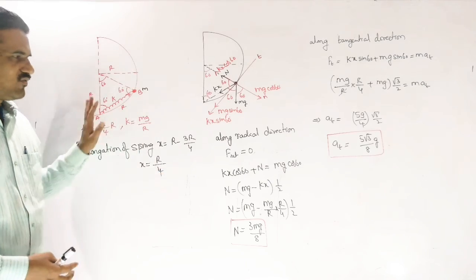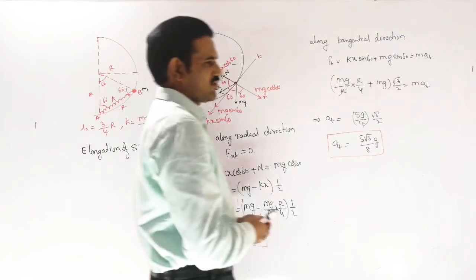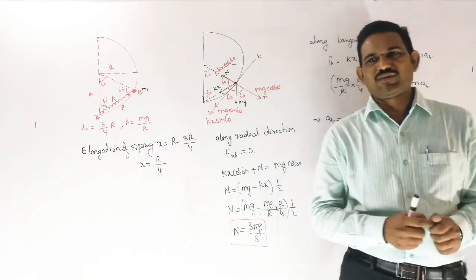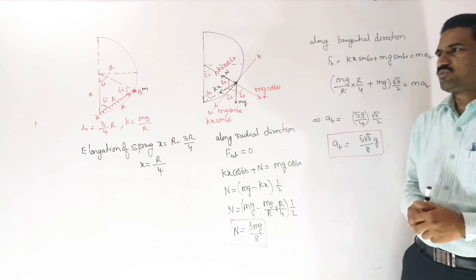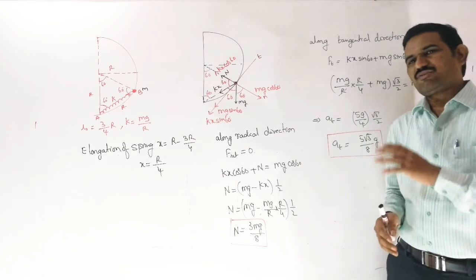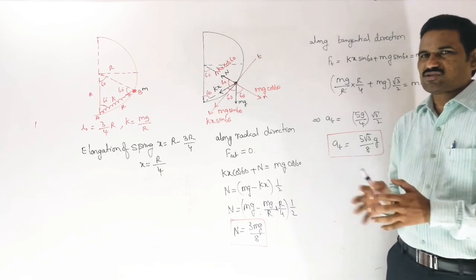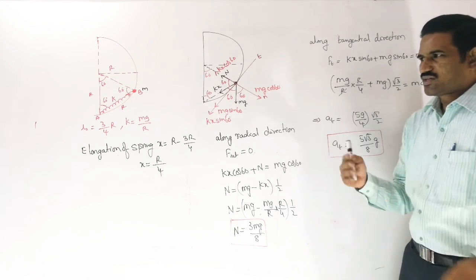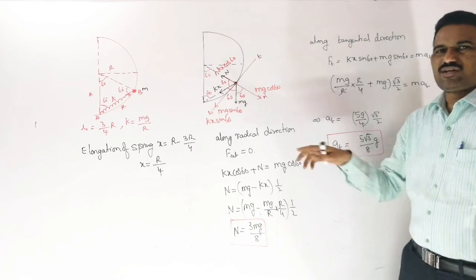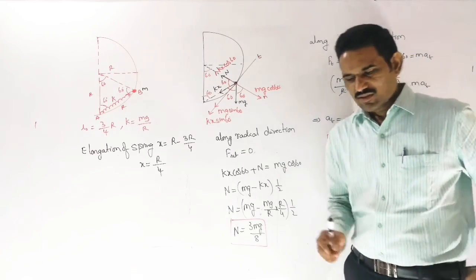So is it clear? For such types of problems, that is the way of solving. We just need to resolve the components, and additionally calculate the spring force. According to the given information we are calculating the elongation of the spring, and so we are including the spring force in our free body diagrams here, right?